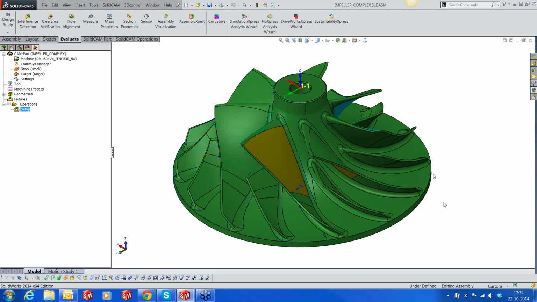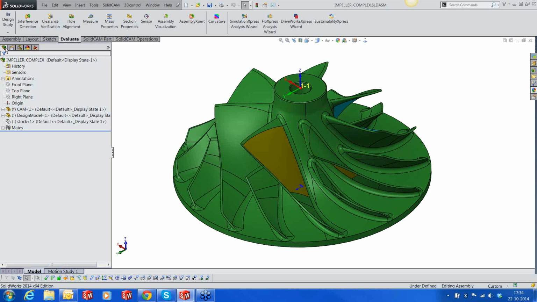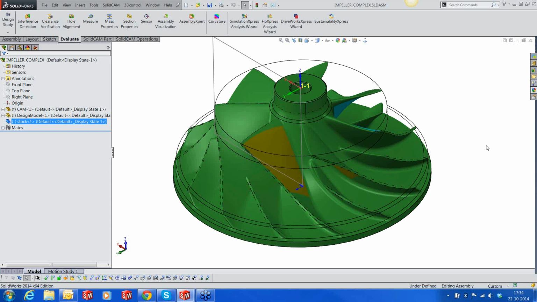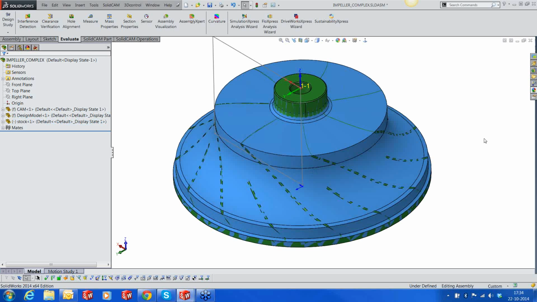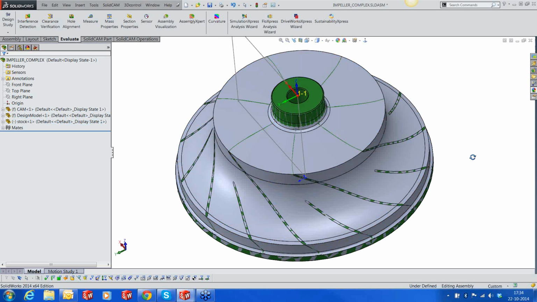Okay, so we're going to start this webinar. Now, if you look at the stock, it's basically a surface that has been a curve that has been revolved to generate a surface